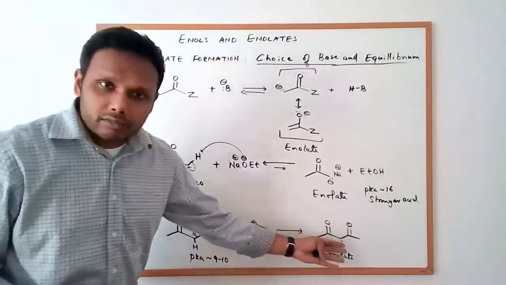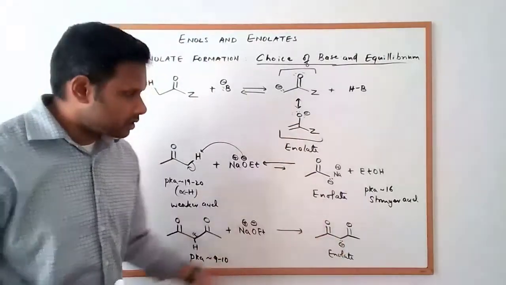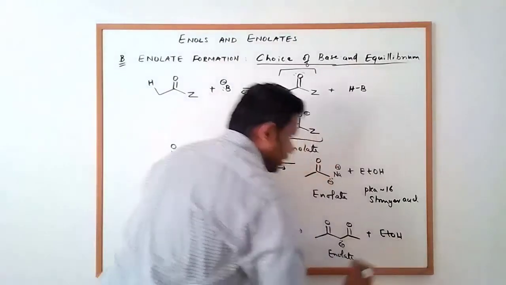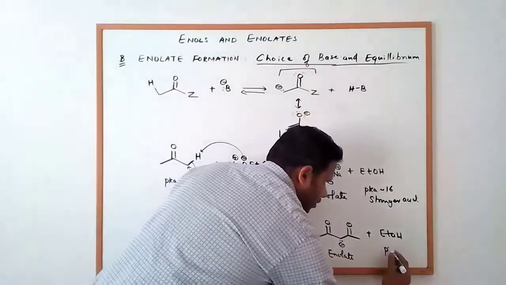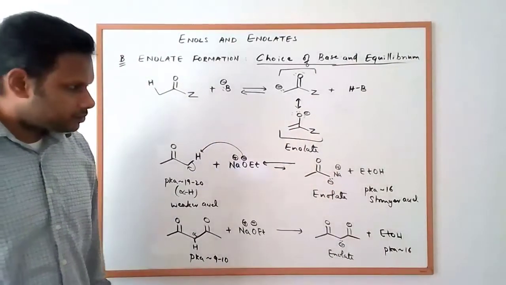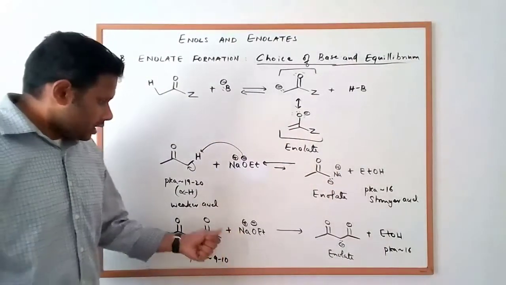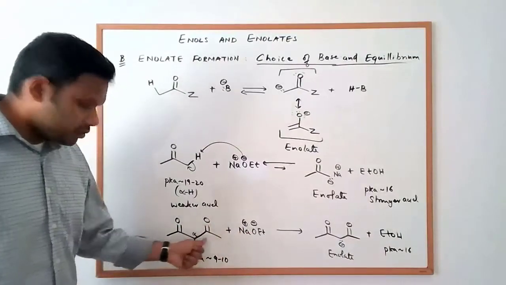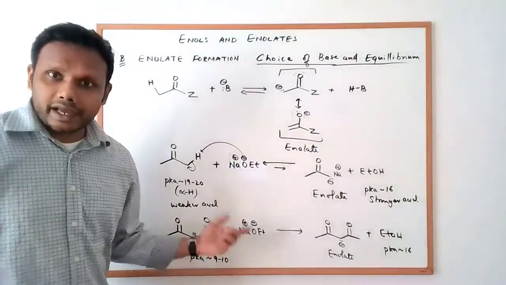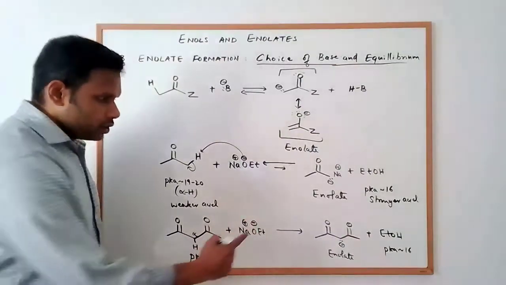But because it's just a resonance form, it is still the enolate, plus ethanol now. And the pKa for ethanol is around 16. So in this particular case, when you have a beta diketone, sodium ethoxide is actually a strong enough base to